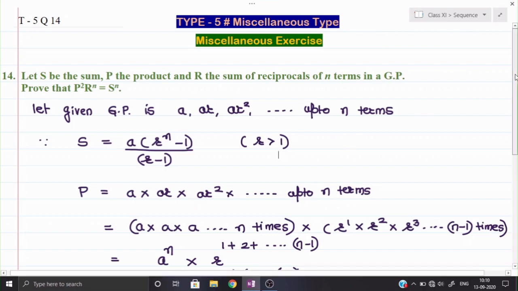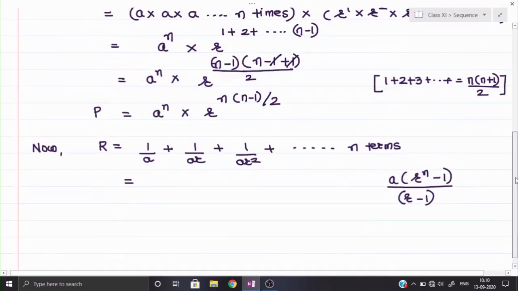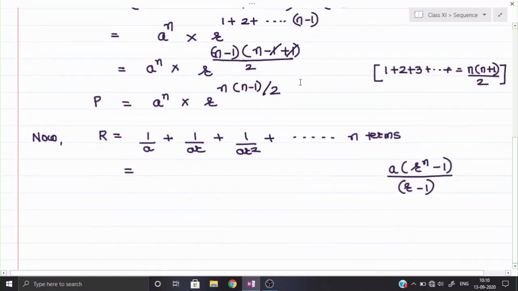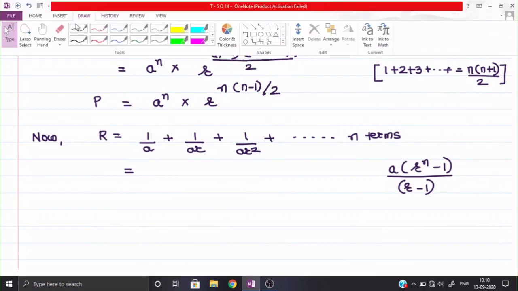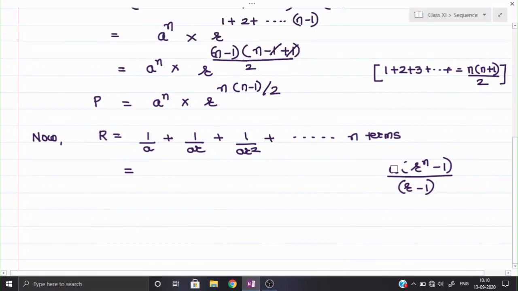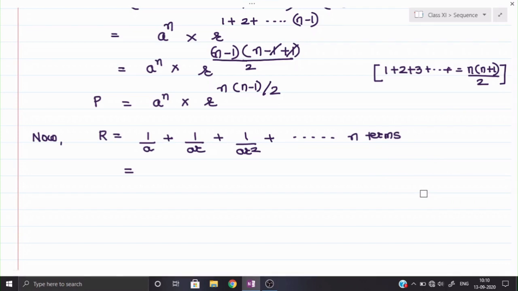So remember one thing, when you apply the formula for sum here, we shall not apply this formula R to the power n minus 1. We shall apply the formula of 1 minus R to the power n. Okay, so remember this formula, because if in the beginning R is more than 1, then in the case of the reciprocal, the R will become lesser than 1. As you can see, the value of R we are getting here is 1 upon R. 1 upon AR, you divide by 1 upon A. Definitely A and A will be cancelled, but 1 upon R will remain as it is. So I hope you understood my point.